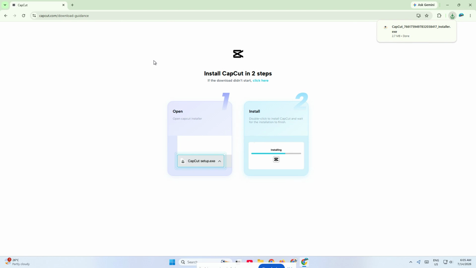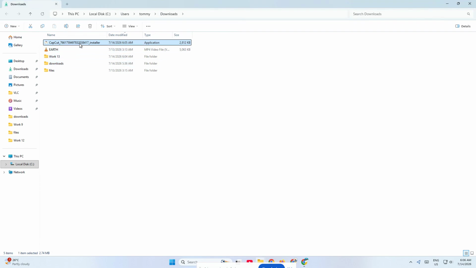The file name should be CapCut_Setup.exe. After the download starts, give it a moment to finish. Depending on your internet speed, this may only take a few seconds or a little longer. Once the download is complete, open your Downloads folder. On most Windows computers, you can do this by clicking the folder icon on your taskbar, then selecting Downloads from the sidebar. Inside that folder, find the